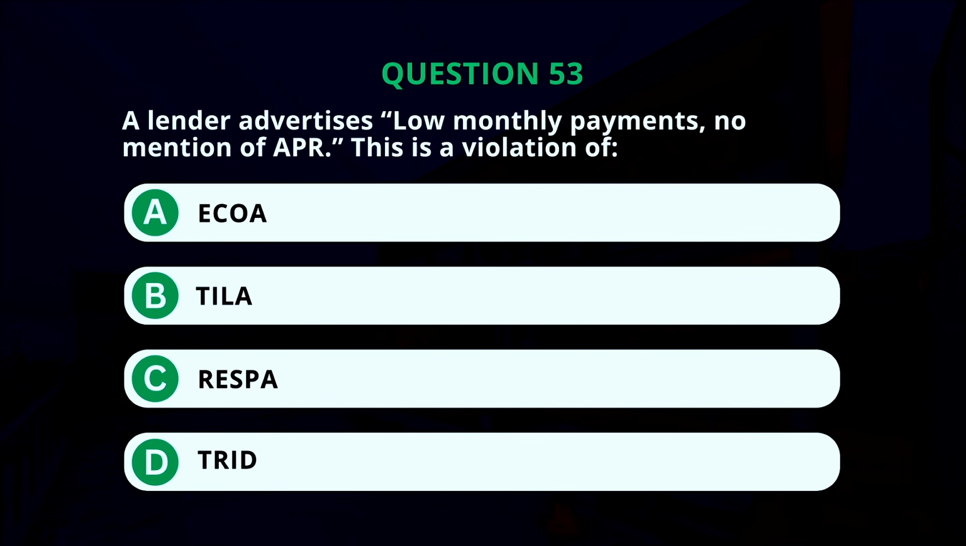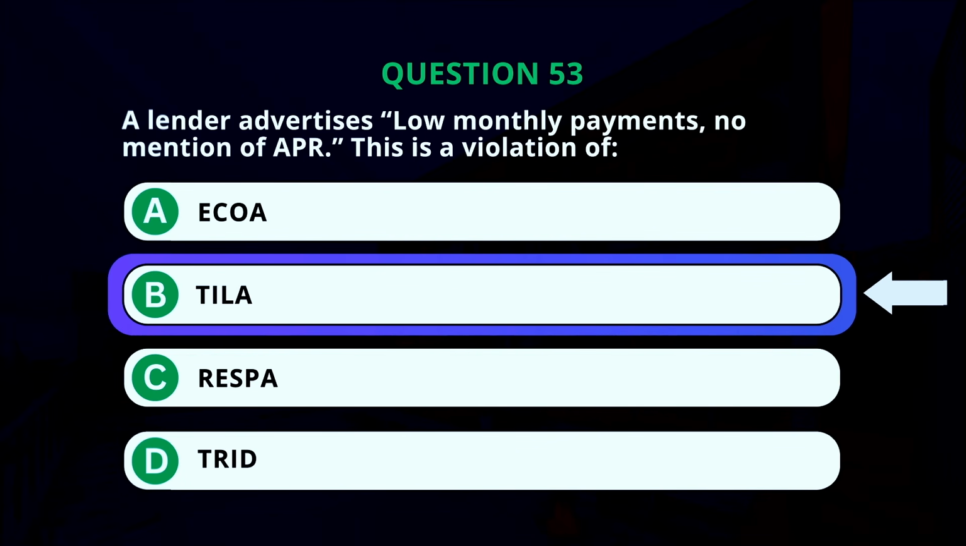Question number 53. A lender advertises low monthly payments, no mention of APR. This is a violation of letter A, ECOA. Letter B, TILA. Letter C, RESPA. Letter D, TRID. And the answer? Letter B, TILA. And TILA, by the way, stands for the Truth in Lending Act,